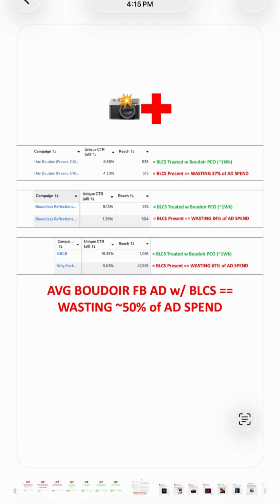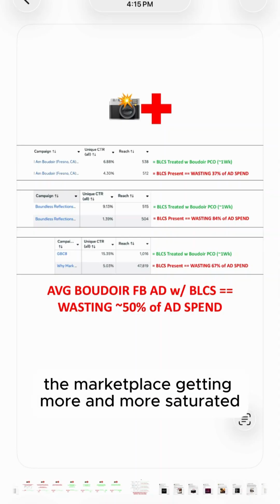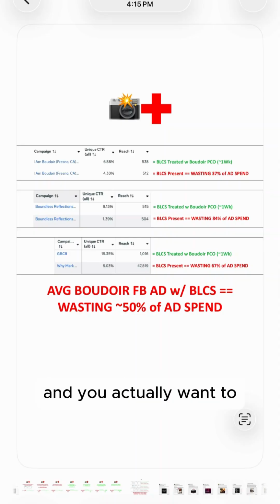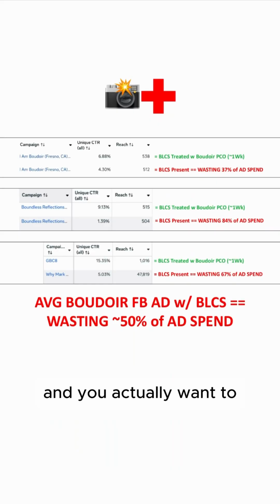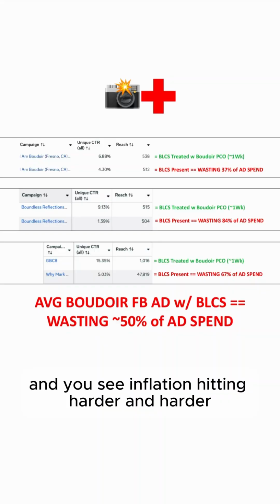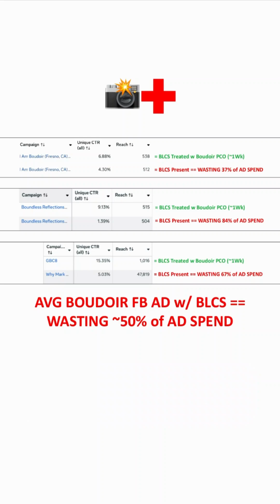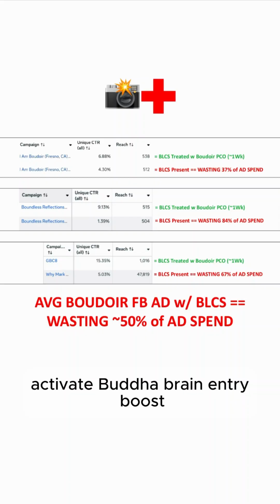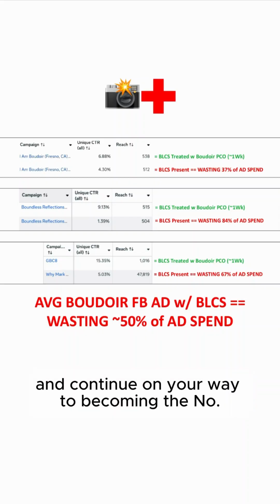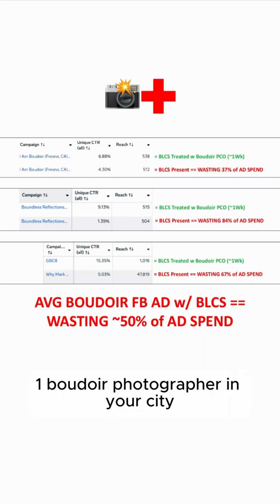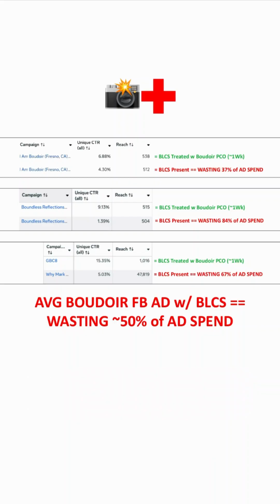And so you see the marketplace getting more and more saturated, and you see inflation hitting harder and harder, and you want to become a dominant boudoir advertiser, achieve pre-click alignment, activate Boudoir Brain Entry Boost, and continue on your way to becoming the #1 boudoir photographer in your city,